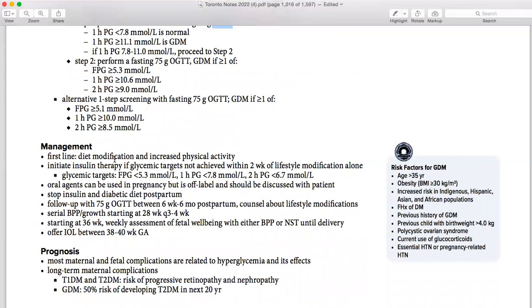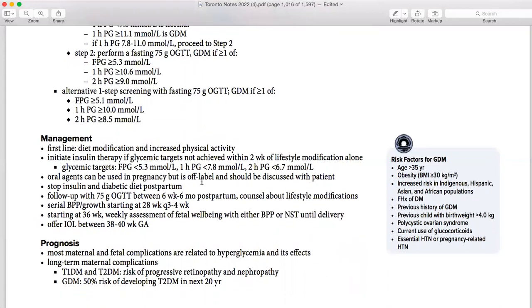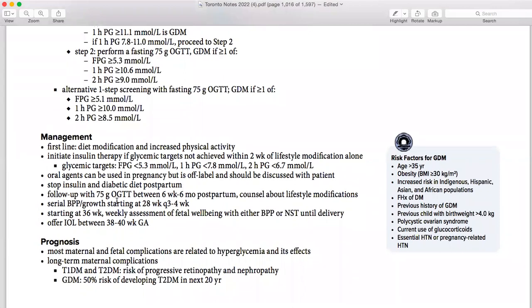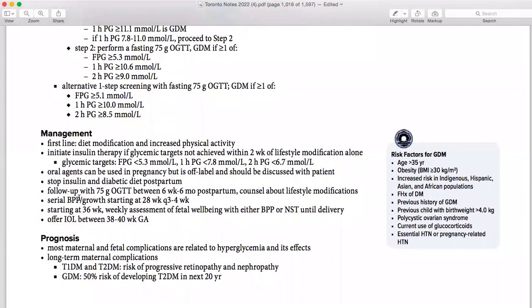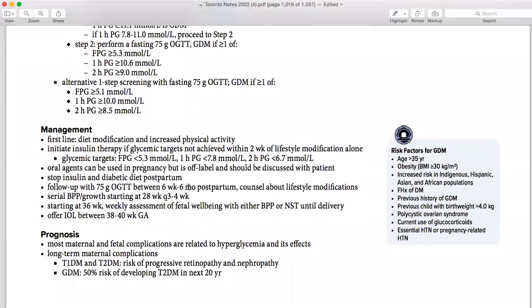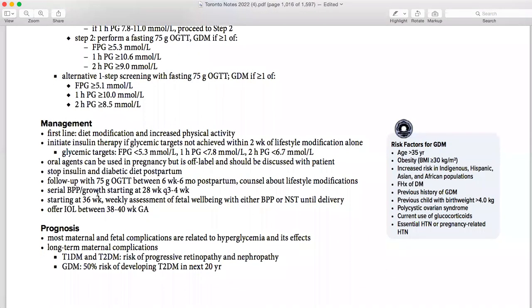And if the diabetes or that value is very high, fasting blood glucose, what are you going to start with? Initiate insulin. Oral is started but is off-label and should be discussed with the patient. Stop insulin, diabetic diet postpartum, follow-up between 6 weeks to 6 months postpartum, counsel about lifestyle modifications, serial BPP, and